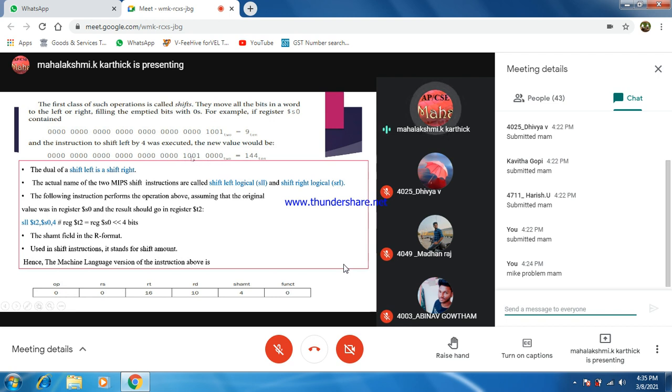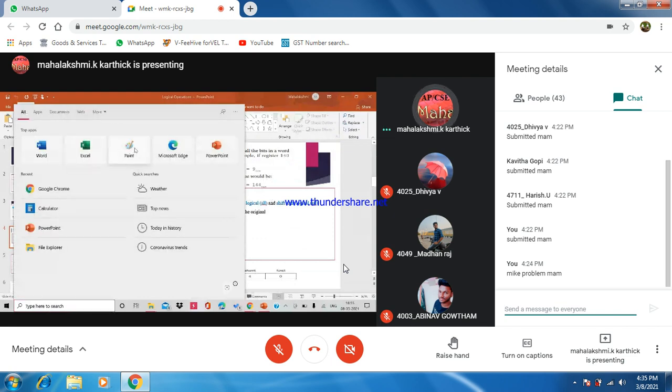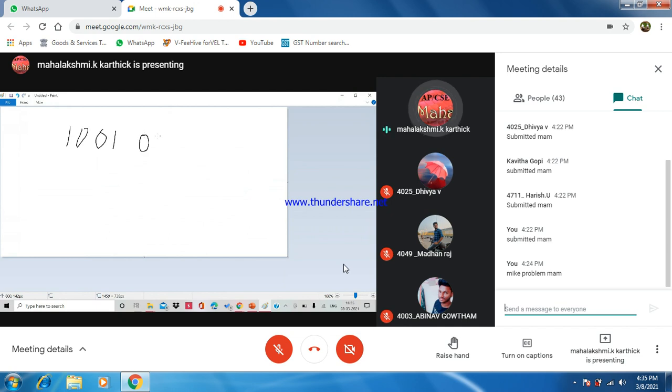How do we find these values, ma'am? Wait, I'll take a pen. For a value, we can either remember the shortcut 1, 2, 4, 8, or another way of representing. This method you all know, right?